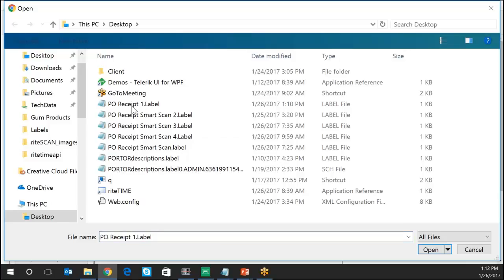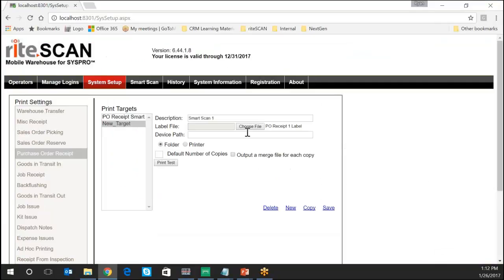PO Receipt 1. And as you notice, it has the extension for the .label file. It is required to have that extension on there for it to upload appropriately. So I'm going to select that file. As you can see, it's now uploaded to that system there. And the last step is to put in the device path. And as you can remember,